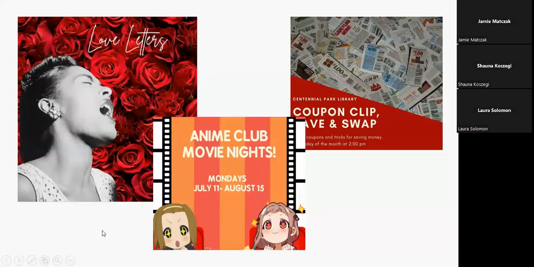These here on the screen are some things that I've pulled from different library websites. These are not things that I created. These are all from different libraries in different places in the country. What do you think about this? These are different uses of the color red, and different shades of it in different uses. Which of these do you like the most? Which of these do you not like? They're very different, I think, in terms of how they use that color. Let me know in the chat.